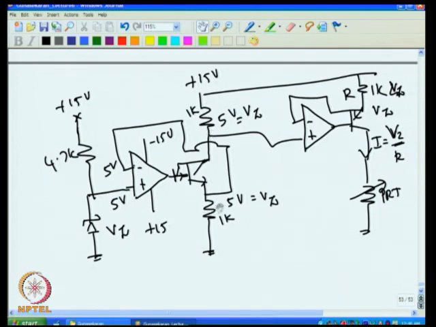And if this resistance has a positive temperature coefficient and this has a negative temperature coefficient, then this current change will occur. But nevertheless, if the current changes and the resistance also changes, you will have a voltage change. So the voltage across this will not be Vset. So for example, if this resistance increases by 30 ohms and this resistance decreases by 30 ohms, then what will be the new Vz? The new Vz will be